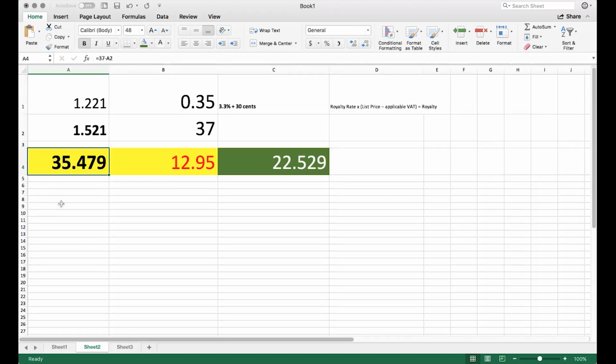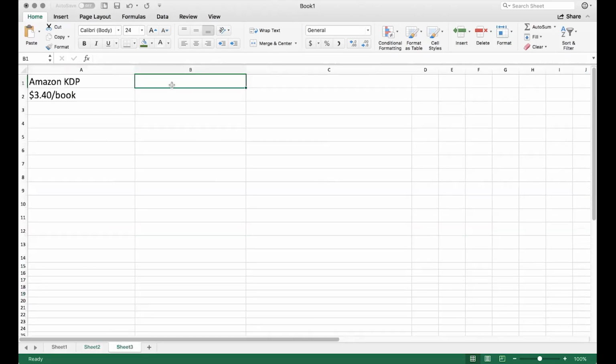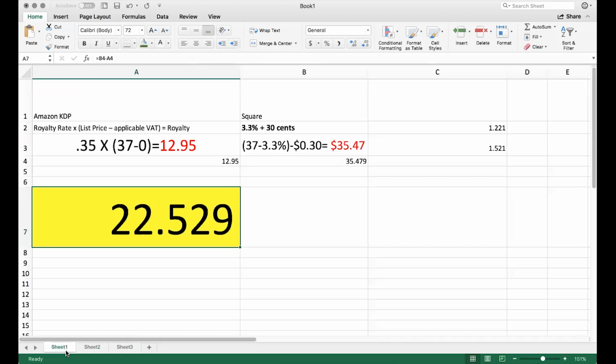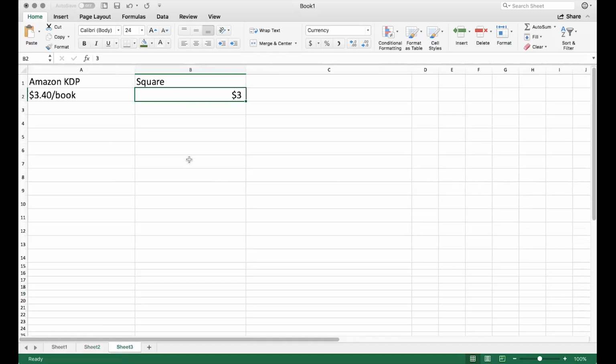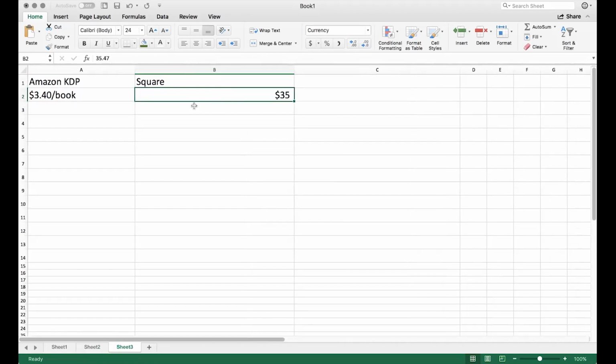So remember that was $35.47 we make per sale, $35.47. So I'm not gonna do that calculation again because we already did it. What did I just say? I'm so forgetful. It was $35.47. So Square is $35.47 is what I keep. But remember, we have to pay $3.40 per book, right? So I'm not actually keeping this when I'm doing this as a physical copy. So I have to do this amount